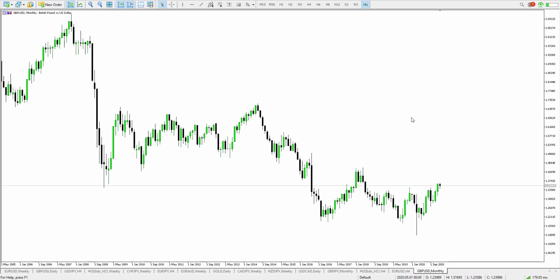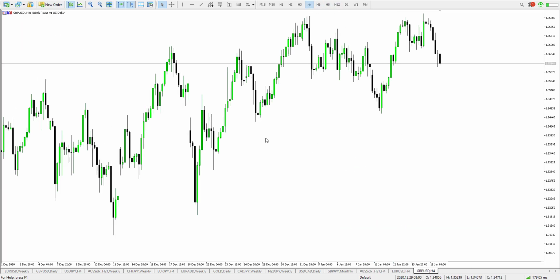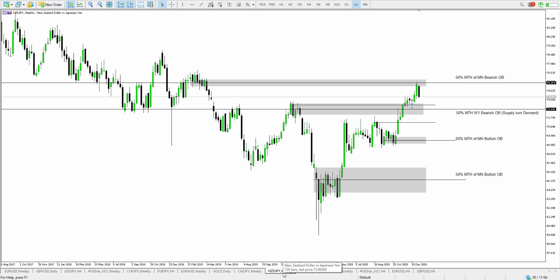So GBPUSD, I'm not gonna say anything in regards to this, but the fact that we are also going to see price trading lower on GBPUSD and NZDJPY, same thing applies. We are going to trade to the downside. With dollar gaining momentum, NZD is going to be weak. Right, that's why we are shorting NZDJPY. So short trades are ideal on NZDJPY and also on